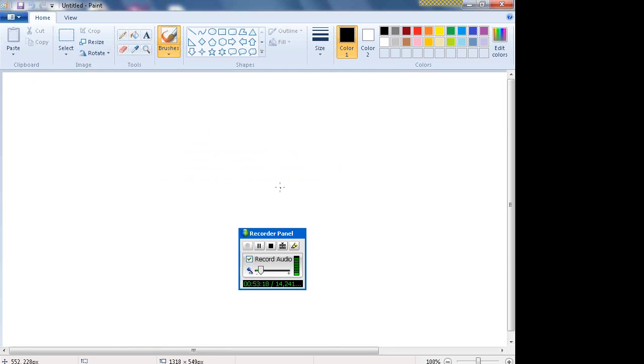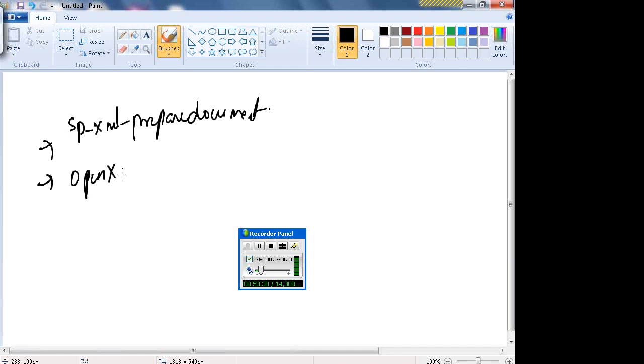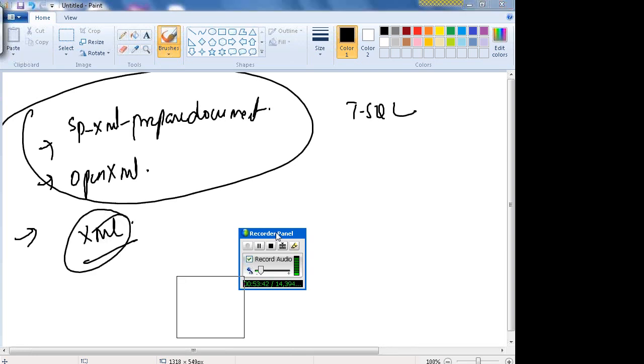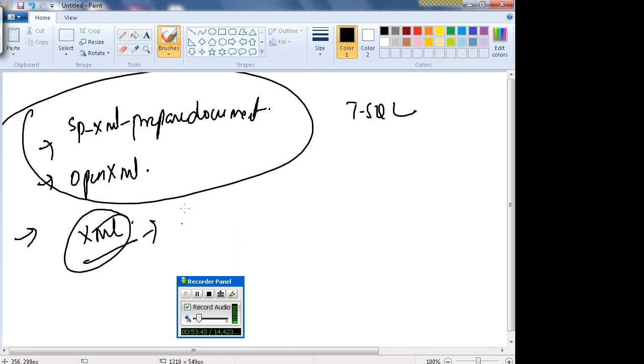Read what is SP_XML_prepare document, open XML. All this is in TSQL. All this is in TSQL. Before that you have to read what is XML. Okay? In XML there is something called